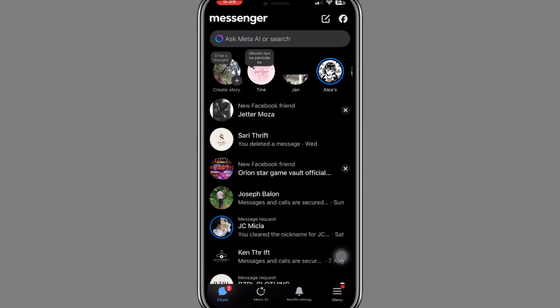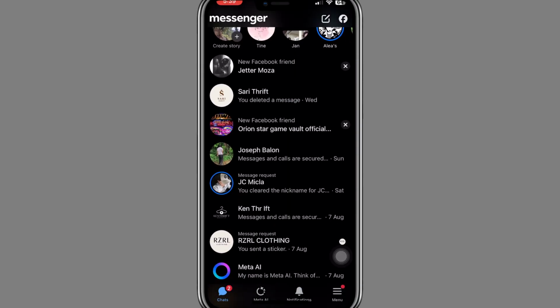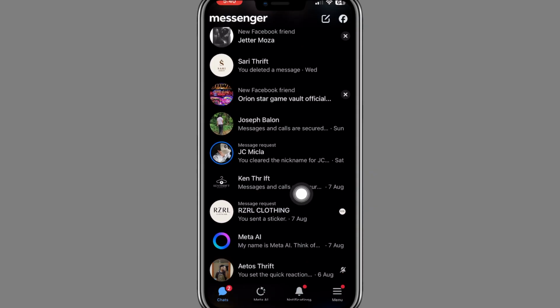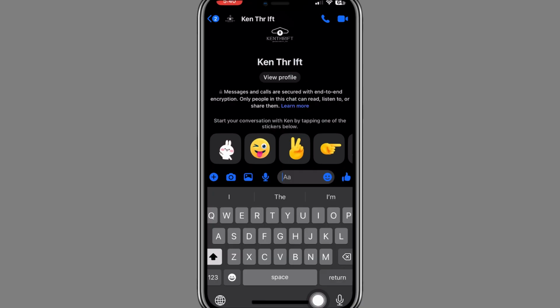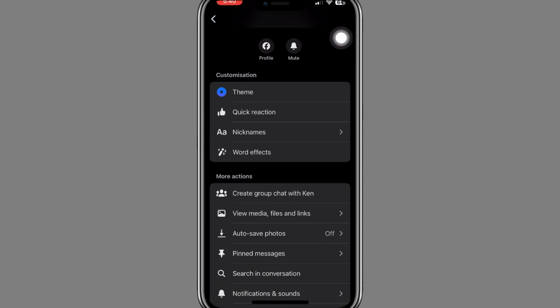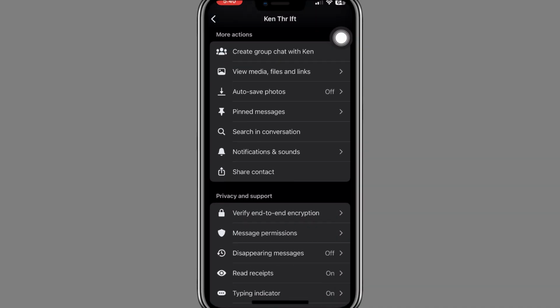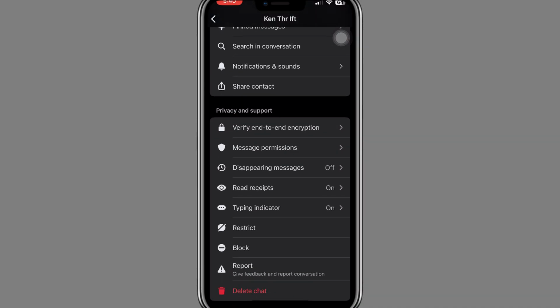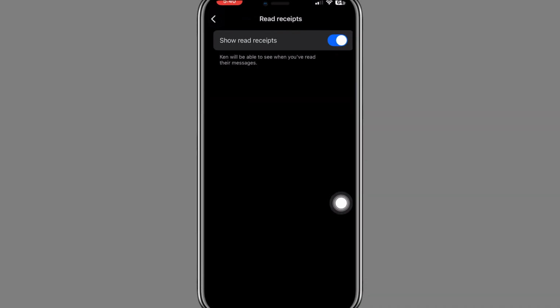Now once you are in, open the chat which you want to turn on the read receipts for. Let me open this one. Now once you open it, all you have to do is tap on their name right here. Now scroll down, you will get many options right here. Now in the options you can see read receipts right here, so tap on it and you can just toggle